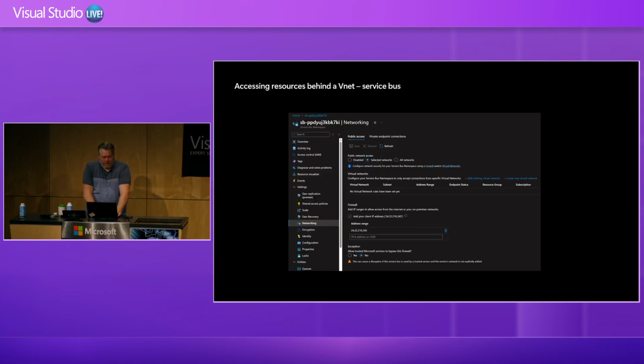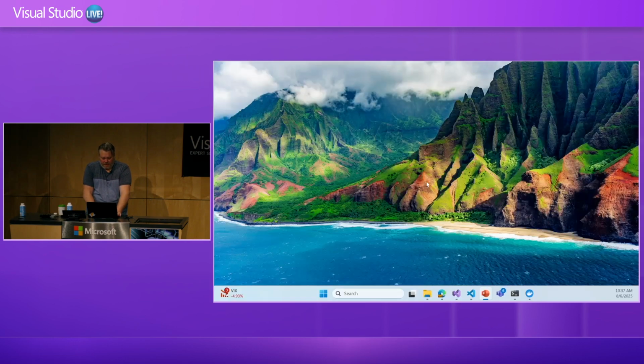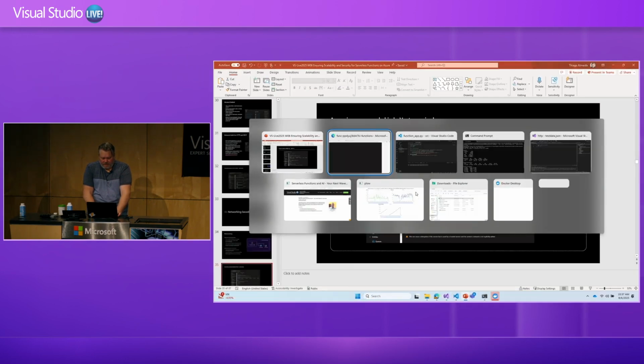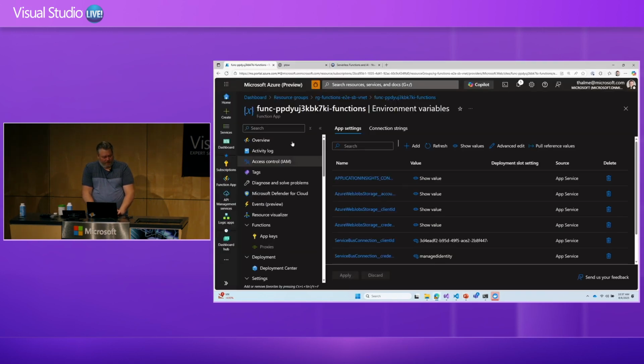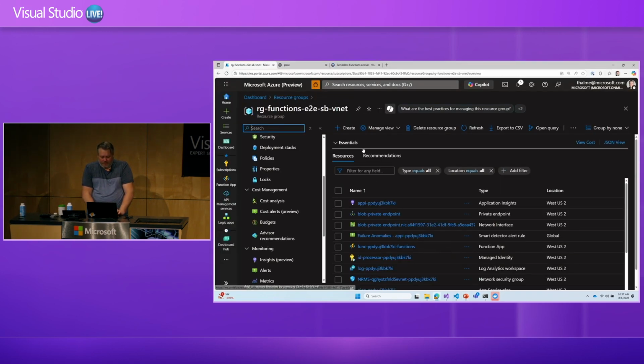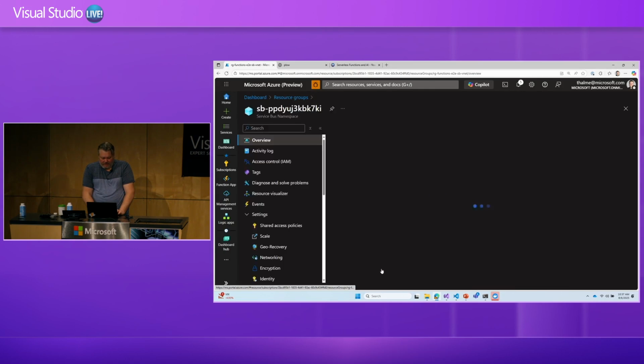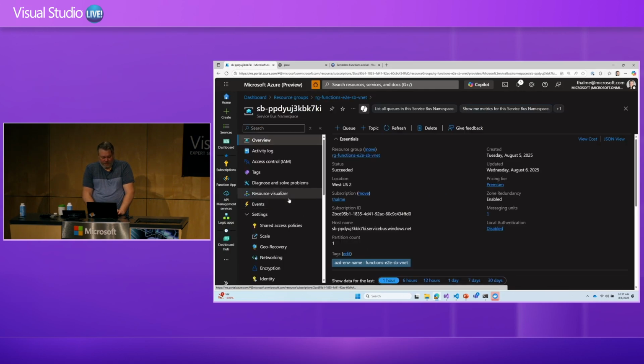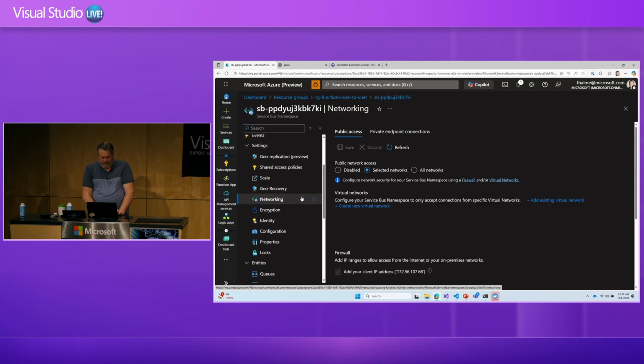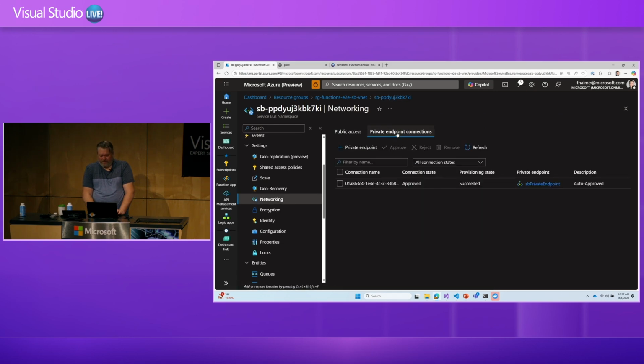So last quick demo here before we wrap up. Just wanted to show the networking aspect. You saw me do it already a little bit by showing in the Service Bus how it's network secured. And here it has a private endpoint connection configured.